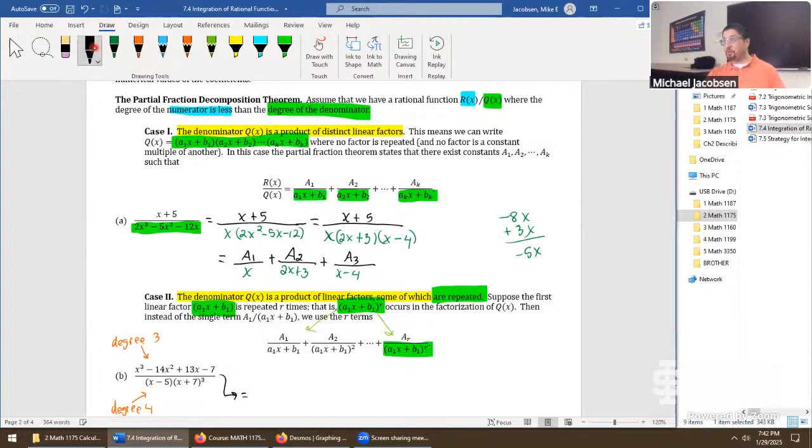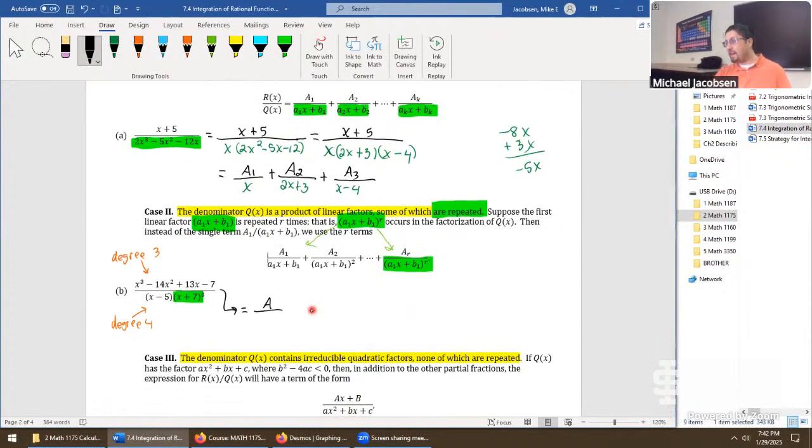Let me just drop down a line a little bit. That means this one's a nice problem. The denominator is fully factored, so we can just launch right into the decomposition. The thing that's new about this decomposition is that right there, that's the repeated factor. The numerator can be pretty complicated, but as long as the degree is below the denominator, we ignore it in the decomposition. We just go A divided by the first factor, x minus 5,